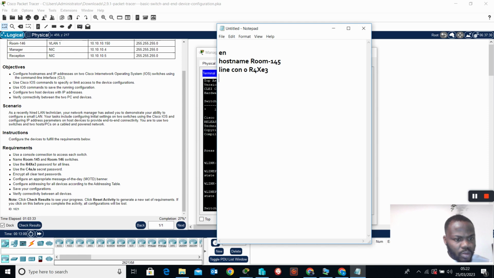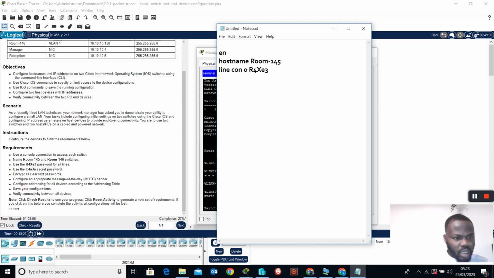And line VTY, so for the VTY line, I can't remember what the command for that is. We'll do that later. So let's do enable